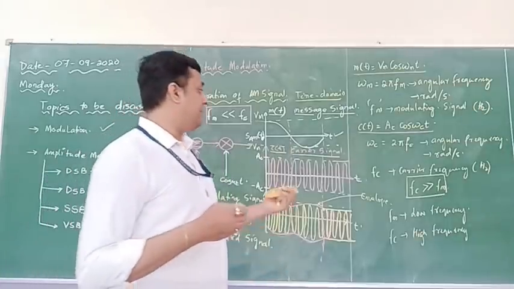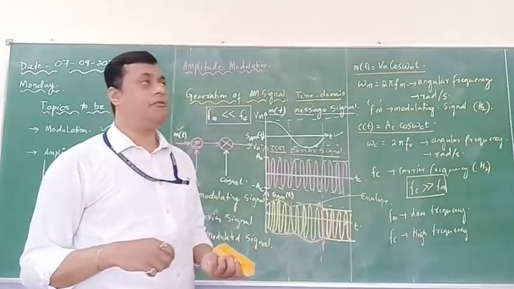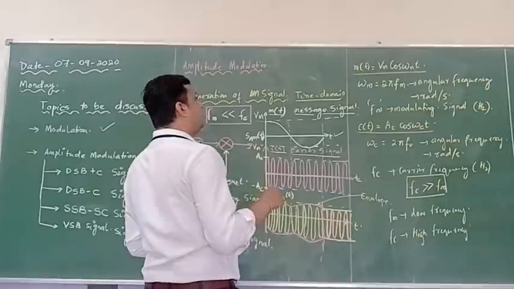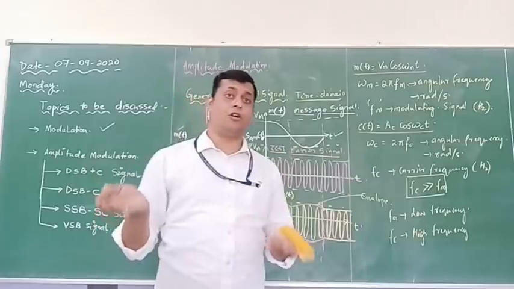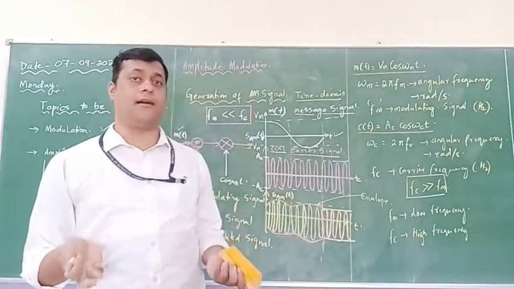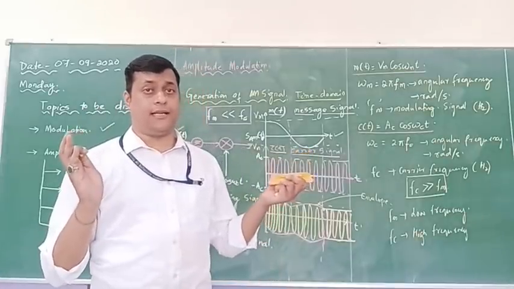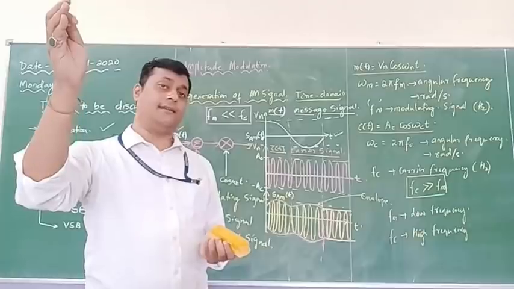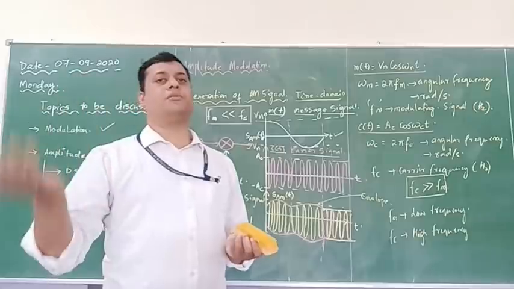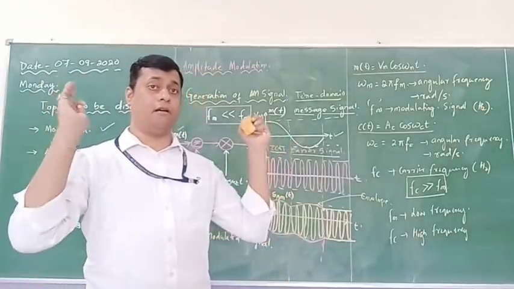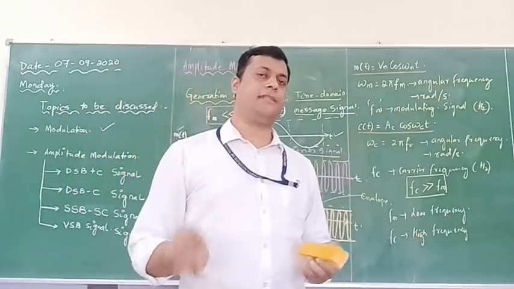If frequency is high, that means the time period is going to be less. For example, I have given that example in the previous slide and previous class. If your modulating signal frequency is 10 Hz and your carrier is 1 GHz, the modulated signal will be in terms of gigahertz. So it will help the signal reach a certain destination in a fraction of a second, because frequency is inversely proportional to the time period. This is the basic relation.